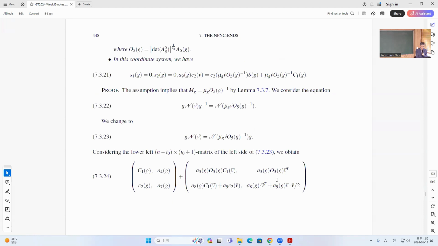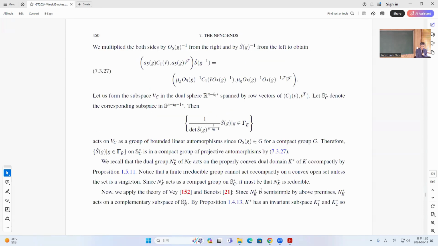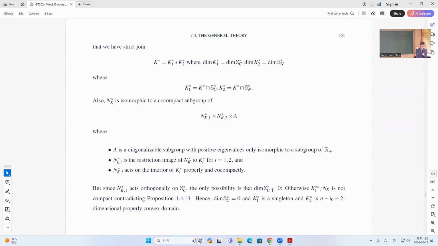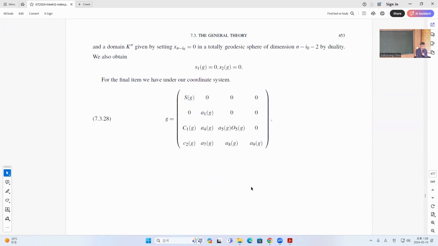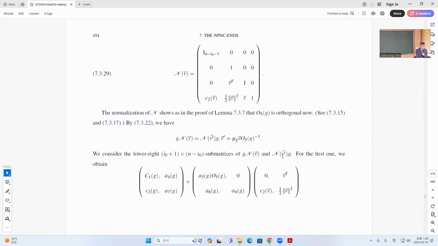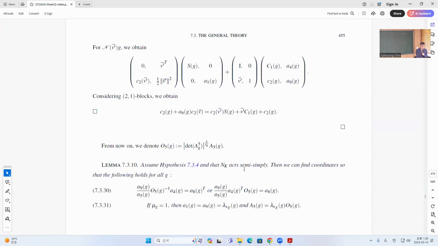Okay. So again, these are much computation, and once I have that, I get a cone, and then once I have the cone, this corner is actually 0. And then you can just get this to be the orthogonal group. And then on this hypothesis, where N_K acts semi-simply, then you can get the nice equation, and the mu_g is